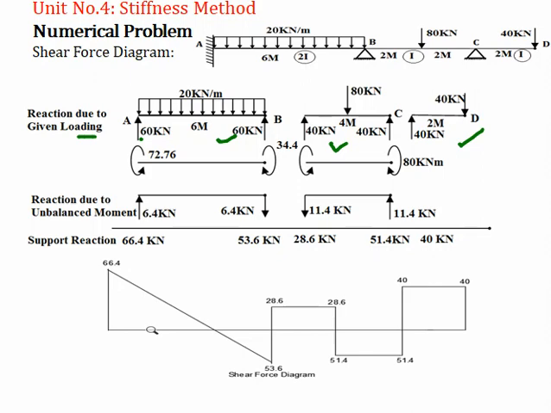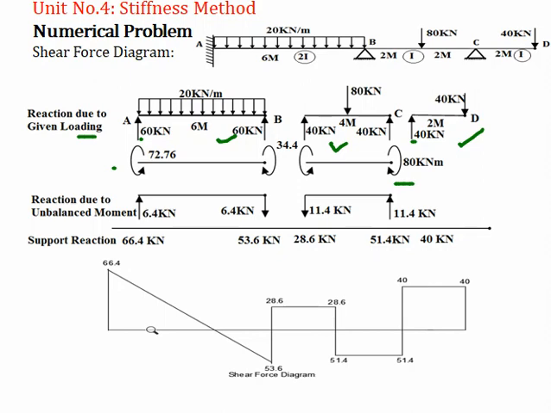Now 80 kN is acting at the midpoint. So 80 divided by 2, we will get the 40 kN reaction at B and C. And the last one, the cantilever portion. So 40 kN, to balance the 40 kN, a 40 kN upward reaction will be generated at C. Now next is to show the end moments. At A, the end moment is anticlockwise 76, at B it is 34.4, and at C it is 80 kilonewton meter.